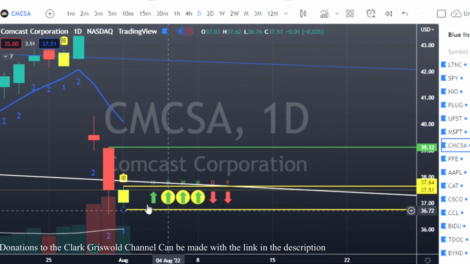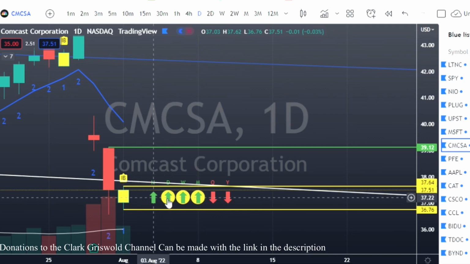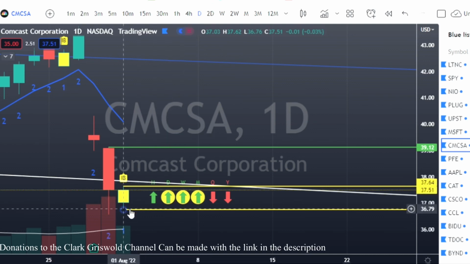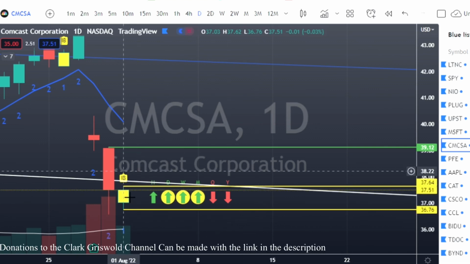Again, depending on which way we break, we are going to be in full time frame on these 4 right here. Hourly, daily, weekly, monthly are going to be in the same direction regardless of which way we break. If we break to the downside, we've got full time frame right across the board, okay?